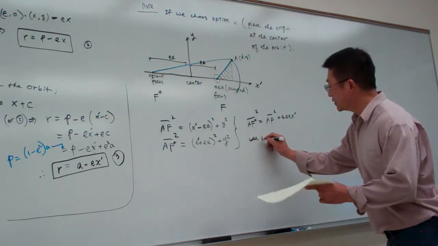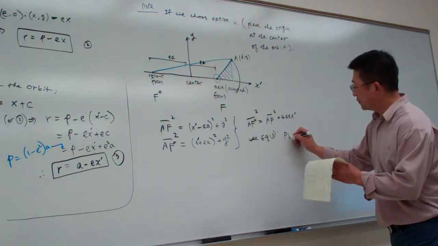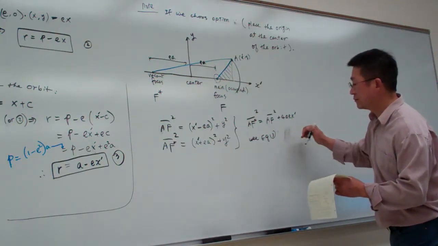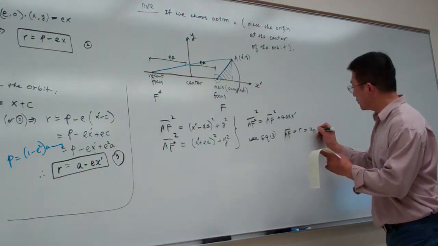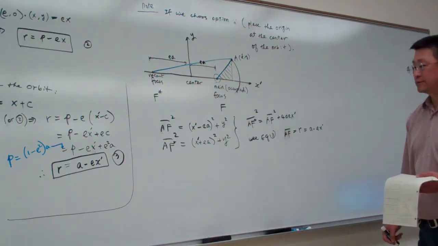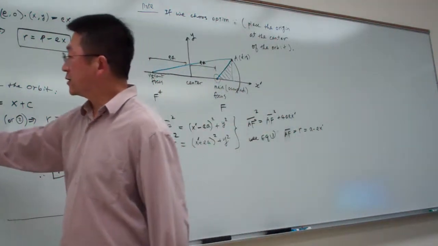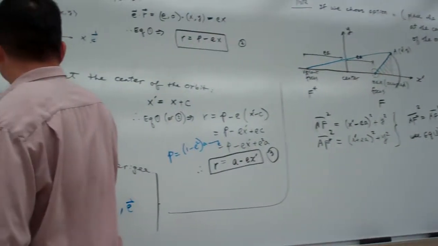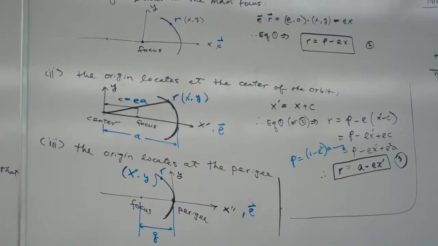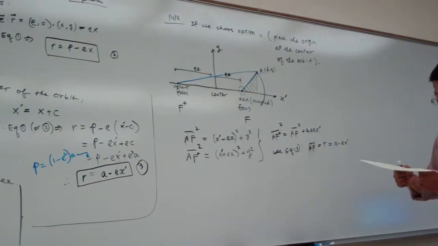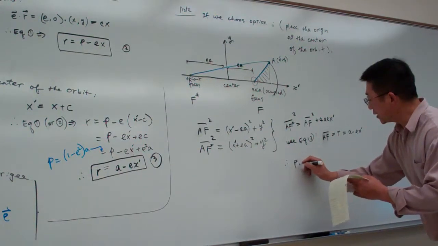So here we use equation 3, DF, AF equal to r, equal to a minus ex prime. From this one, r is the distance here. That is r. So we simply adopt equation 3 and write it up here. So here we have this information. Therefore, AF